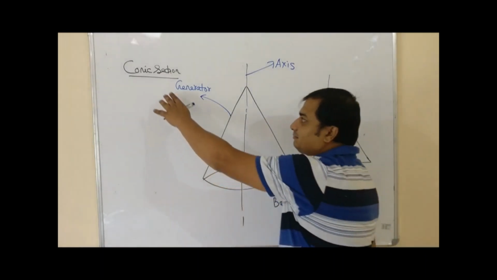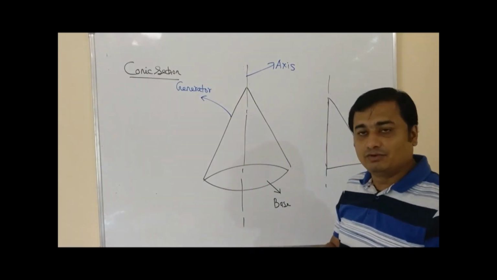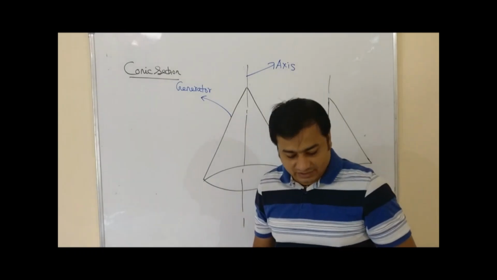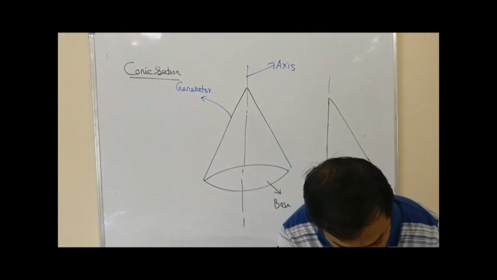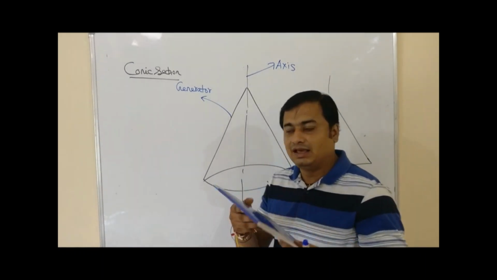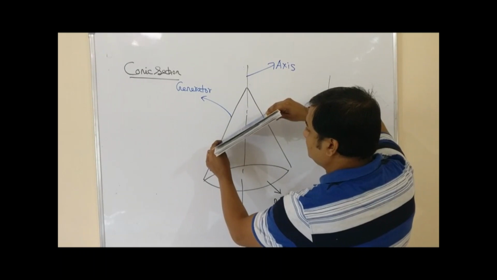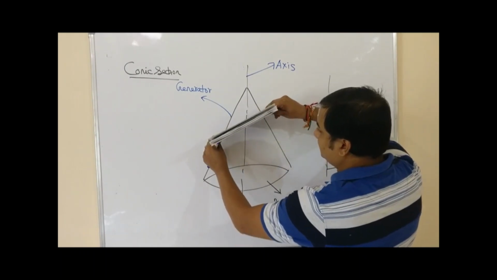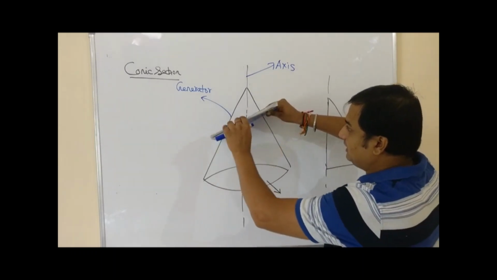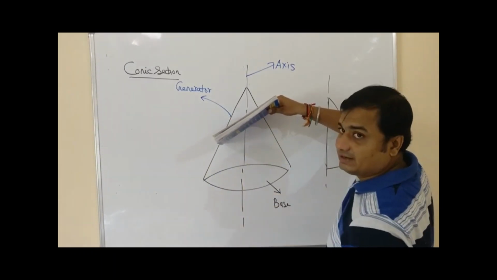Now conic section means when you cut this cone by different angle. If you cut this cone by different angle, the conic sections are going to be generated. So how to cut this cone? Suppose I have taken a plane. I have cut the cone like this. Now this is the case when this plane is cutting both the generators. As you can see, this is a plane, and this plane is cutting the cone with both the generators with some angle.